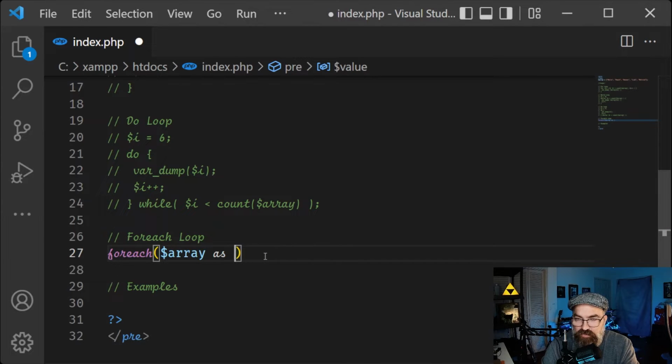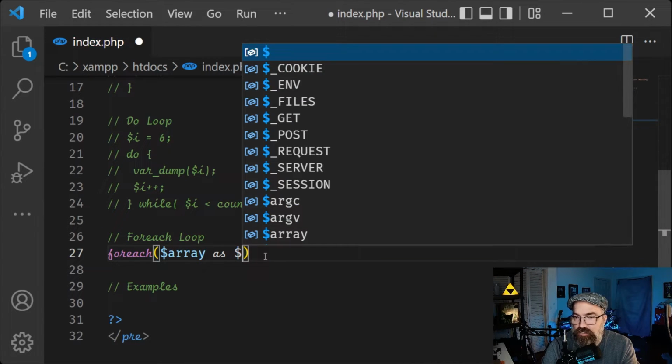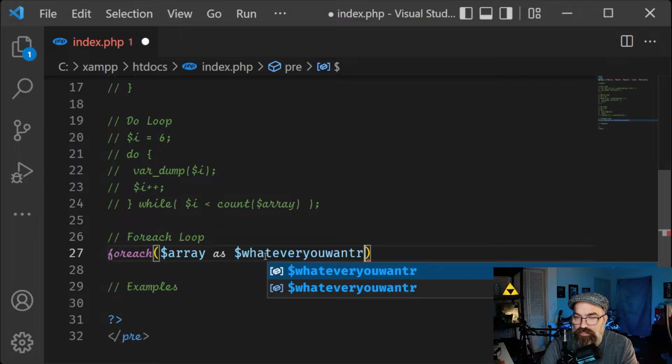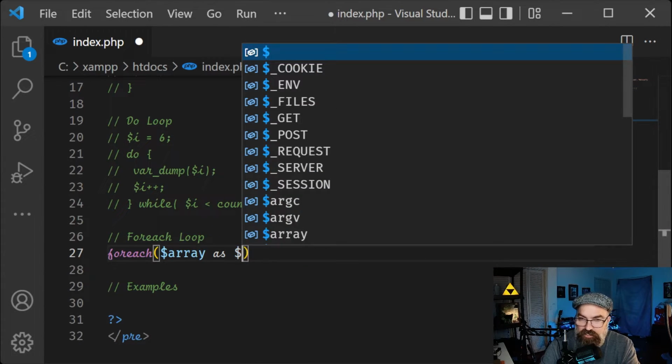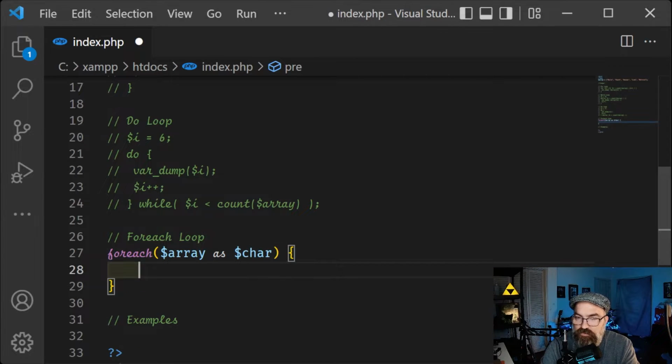Now this right here can be whatever you want. You can call it character or a C or whatever you want, without the exclamation mark, because that wouldn't work. But let's go with car. So what we're going to do is the open and close curly brace, and inside of here,